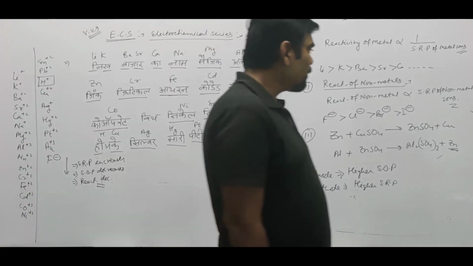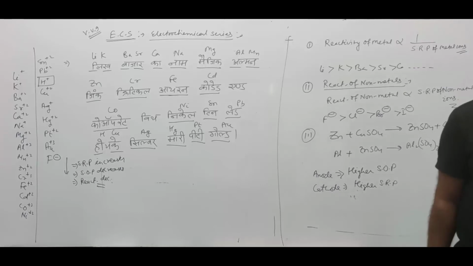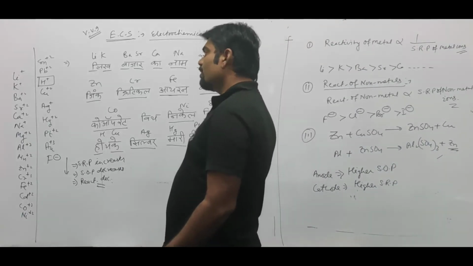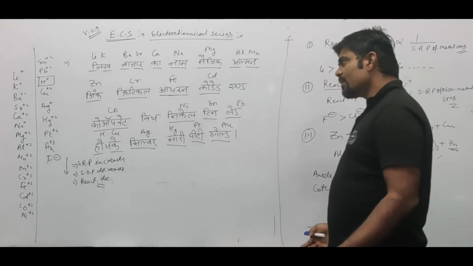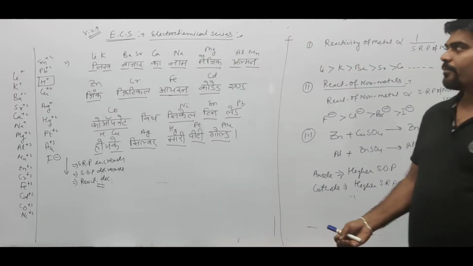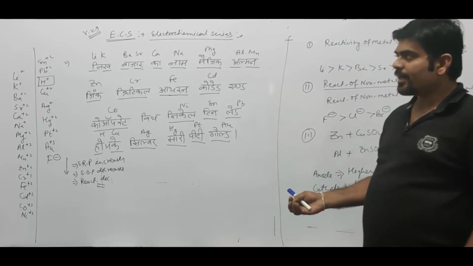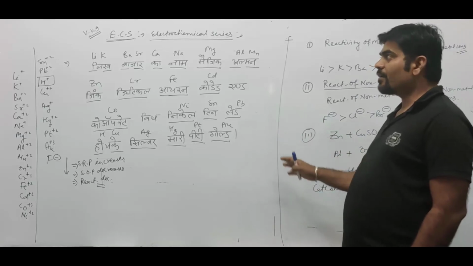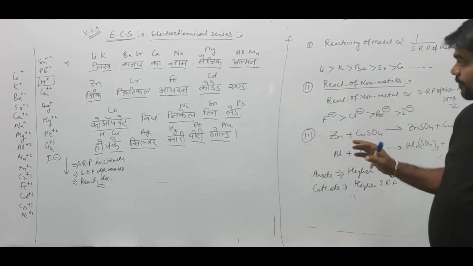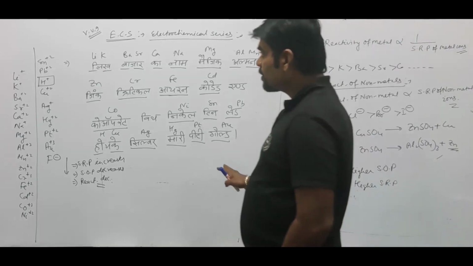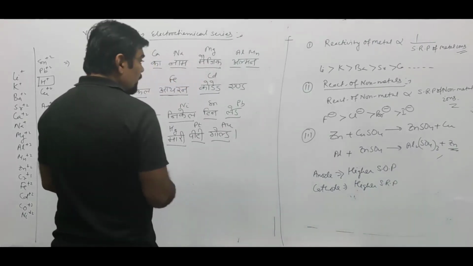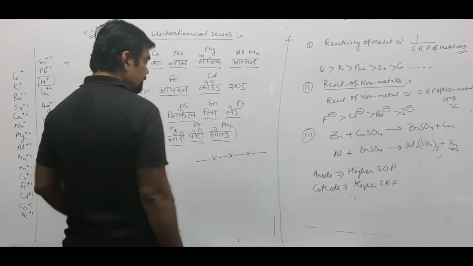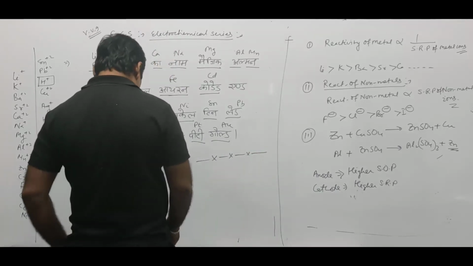Understood? And there are many more applications of electrochemical series in chemistry. Wherever in reasonings you are stuck somewhere, just remember the electrochemical series, and you will have some idea what to do and what not to do. So electrochemical series is very, very important from the chemistry point of view. This is all about the chapter electrochemistry. In the next class, we will do conduction inside the solution and Kohlrausch's law. Thank you very much.